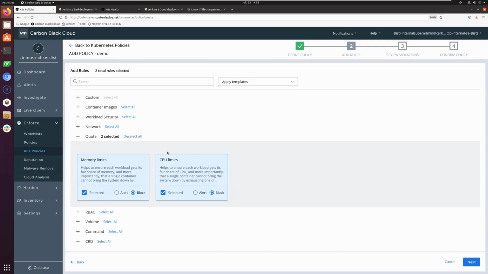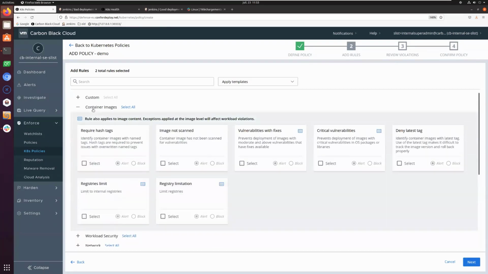So we just have to set CPU limits block. So it will block if there is not enough CPU, or if you are requesting too much CPU, and same for memory. I click on next, but just before, I want to show you that we can also protect against misconfiguration.